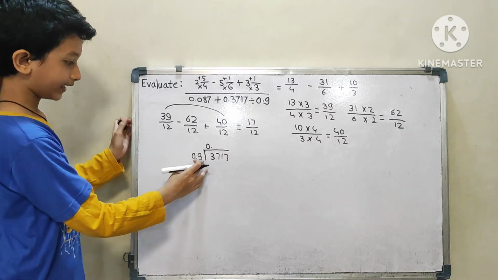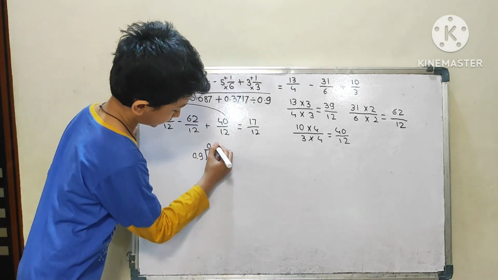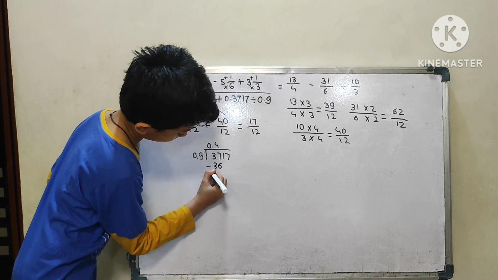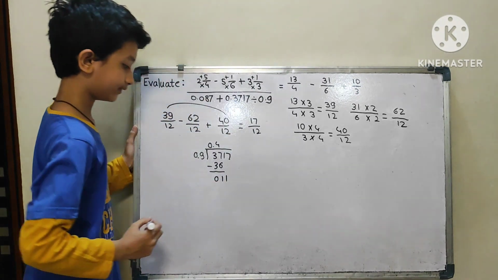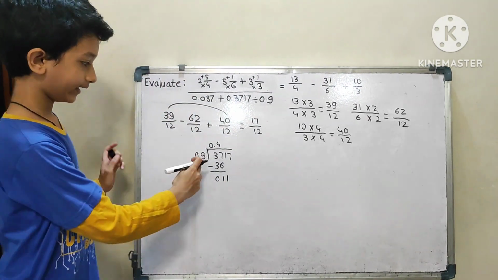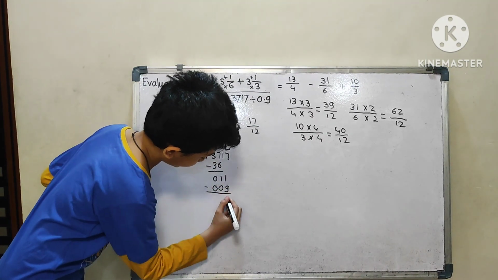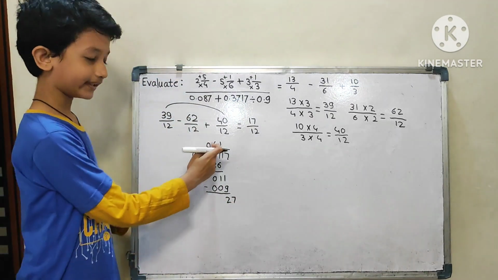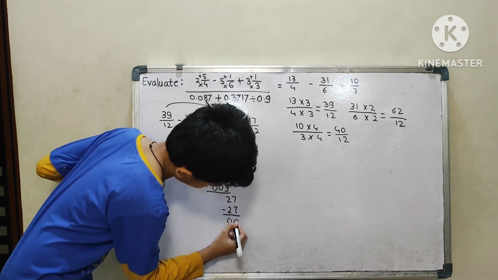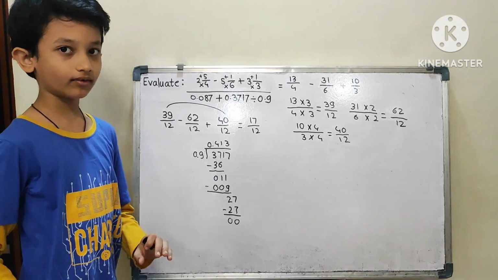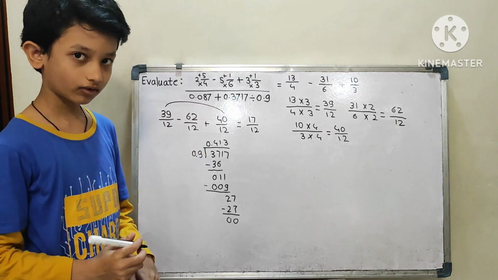Now in the 9 table, which is smaller than 37. So it is 9 4s which is 36, and if we subtract that we get 1 and here 0, and this 1 will come down, so it makes 11, and then 9 into 1 is 9, and we subtract, so we get 2 and this 7. So 9 3s are 27. So our answer is 0.413, and now we are going to add 0.087 plus 0.413.